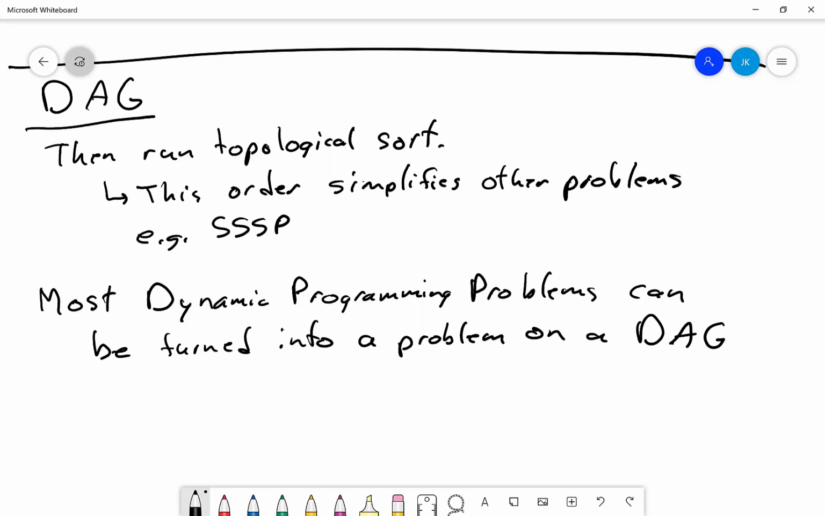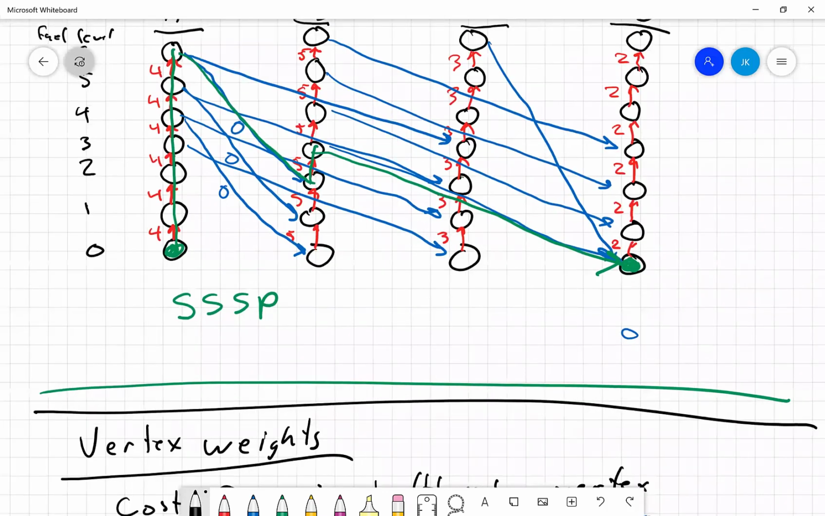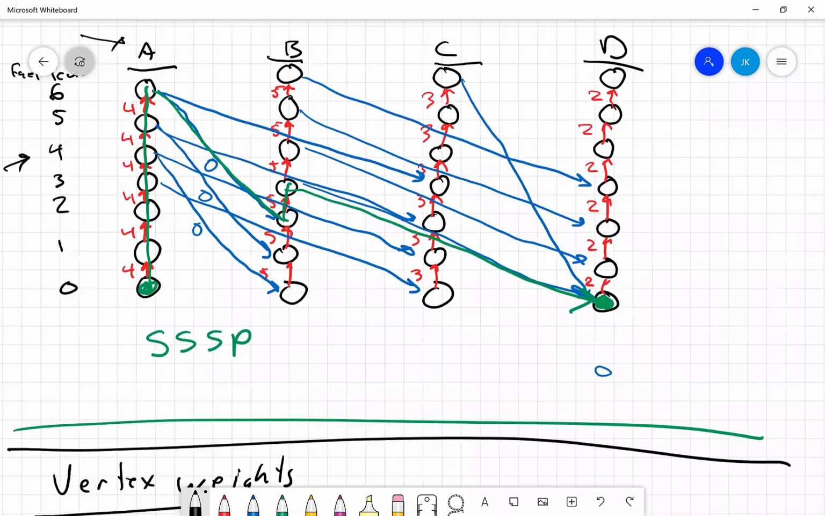nodes in the graph, and you think about the transition from one state to the next, normally when we write things, if you remember when we do DP, we do some DP of A, B. Okay, these are like the parameters. And just like before, just like we had up here, we had the parameters here. Each of those things basically gets turned into a node. And then the edges